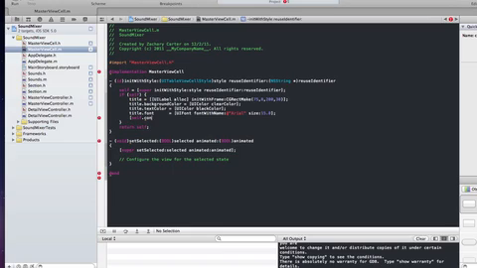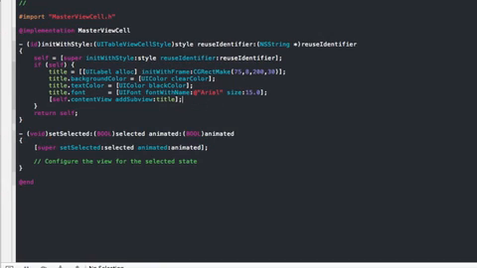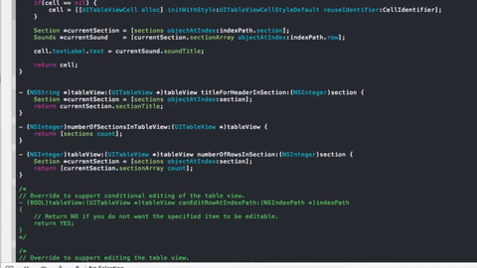So now we need to add this label to the content view. And so if we say basically self.contentView addSubview, and we're going to go ahead and say title, and that should be added. Okay, so we're going to come back and add the description and the left icon here in a bit. But what I really want to do is go back to the master view controller,